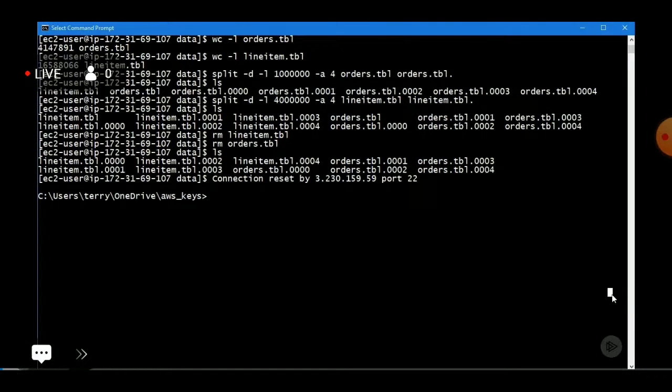As you might guess, copying the data from our EC2 instance to S3 is going to be simple. Let me start by creating